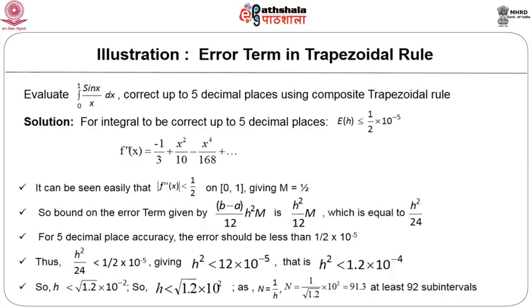So the number of subdivisions should be at least 93. This is how, in the case when we can find M, we can calculate h beforehand. But there could be other examples where the integrand function is not known. All we have is the value of the function at discrete data points. In that case, nothing can be done. All we can do is, whatever points the function values are available, apply the composite form of the trapezoidal